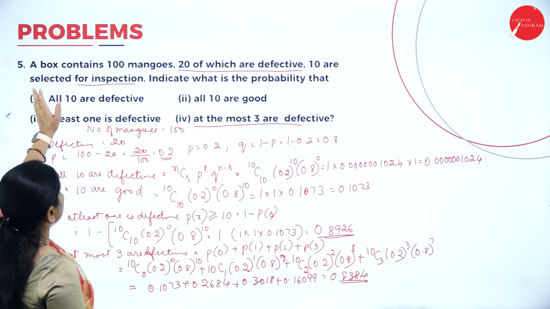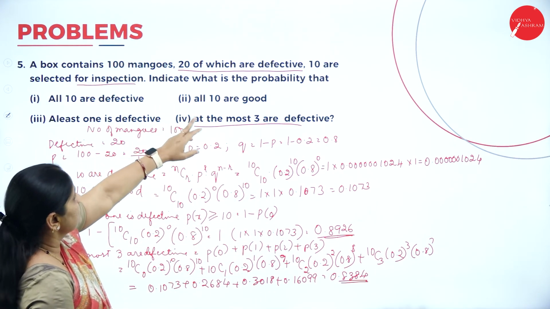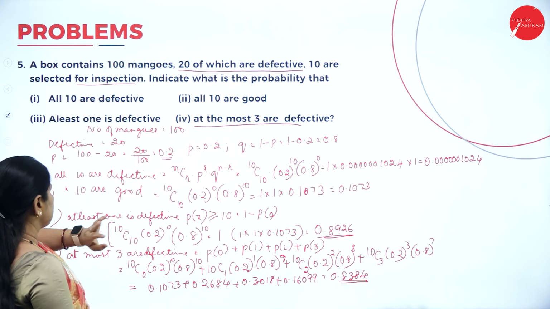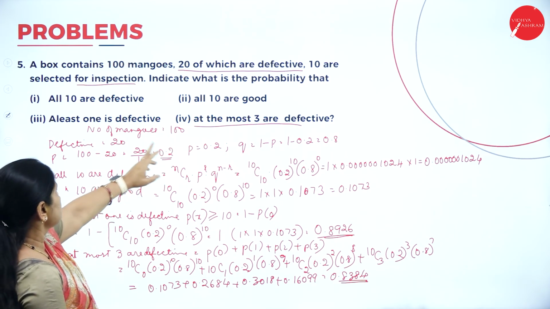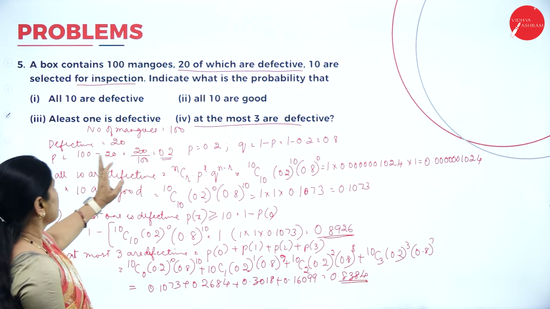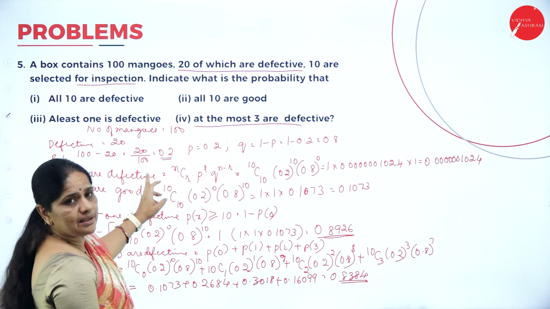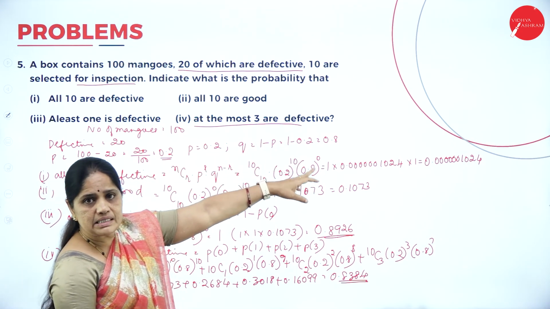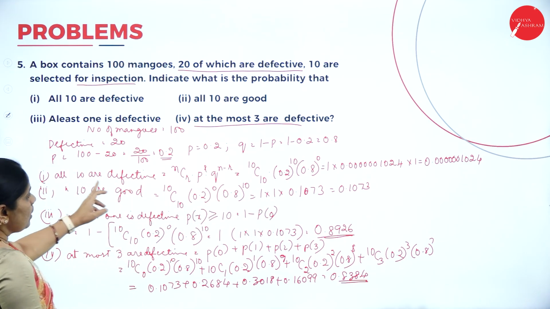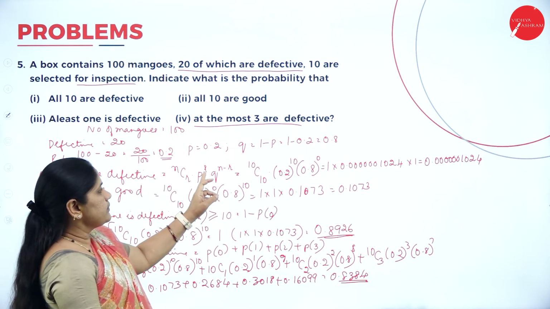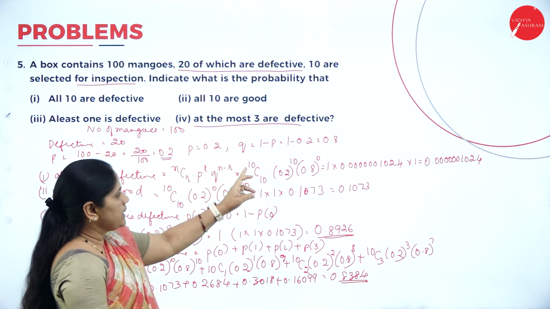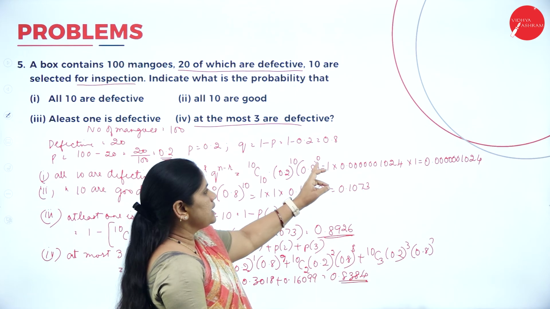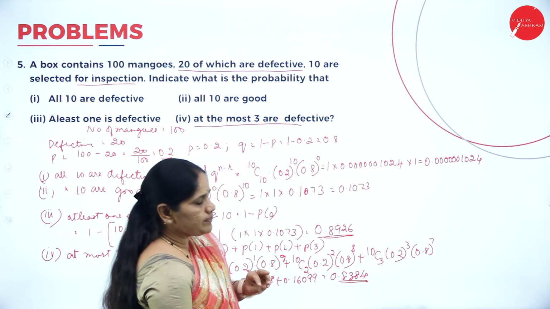So we have here a box containing 100 mangoes, 20 of which are defective, and 10 are selected for inspection. Indicate the probability that all 10 are defective. So first we write the number of mangoes is 100, defective pieces are 20. So p will be equal to 20 by 100, that is 0.2, and q will be equal to 1 minus 0.2, that is 0.8. So all 10 are defective means nCr equals p to the power of r into q to the power of n minus r. So 10C10 equals 0.2 to the power of 10 into 0.8 to the power 0. So it comes up to